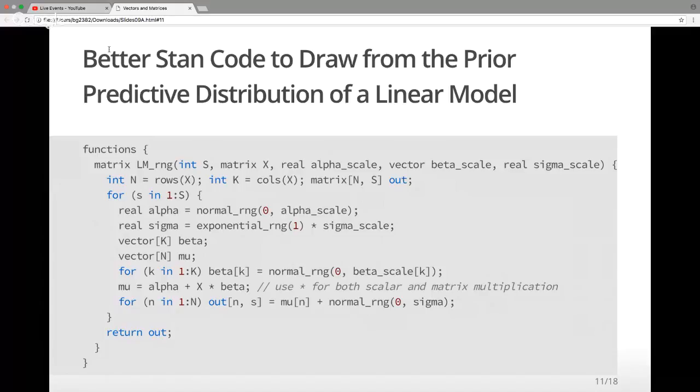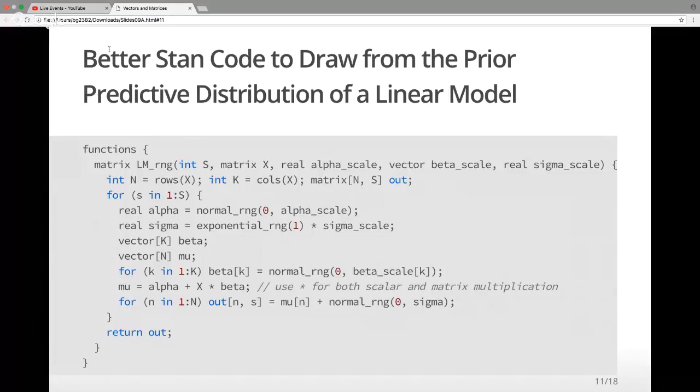Same thing for mu. So I have to fill those before I can do anything useful with them, or do anything with them that doesn't result in getting another NA, which I don't want. These all have to be declared before I can use them. So in some cases, I can declare and define simultaneously. In other cases, I have to declare and then do something more complicated in order to define the elements of these containers. So in particular, I loop from k equals 1 to K,